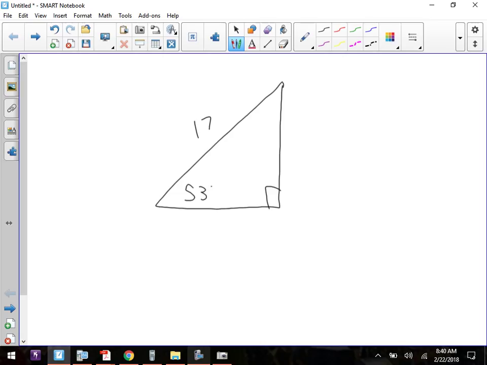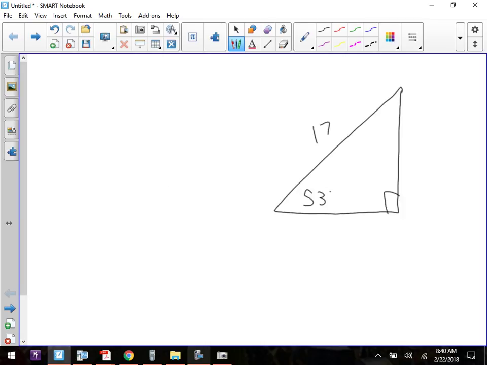What we've done up to this point is that we've done, here's a right triangle. We circled our angle, figured out a specific side. But now what we're going to do today is we're going to solve for everything. All right. Now, what I'm going to do here today is to start out with, I'm going to label our